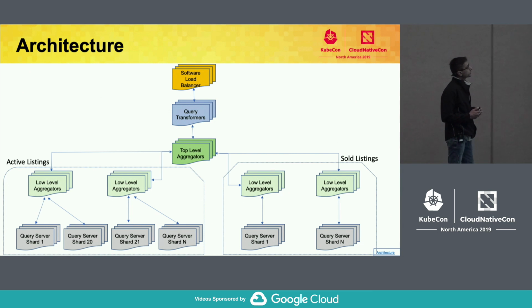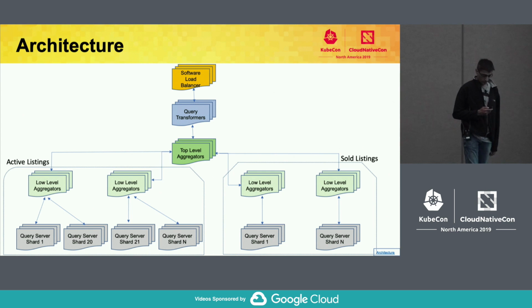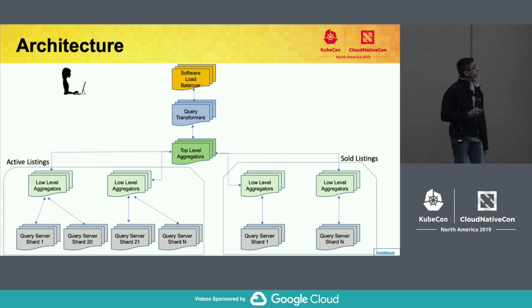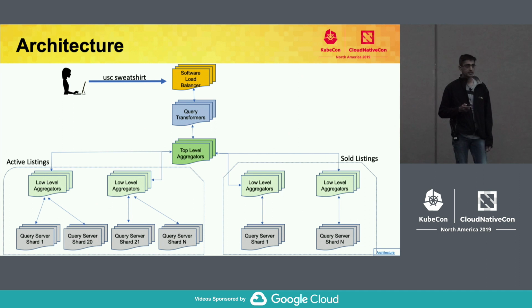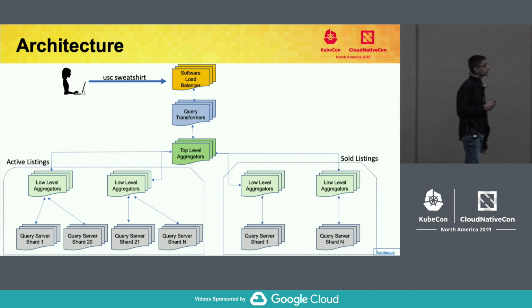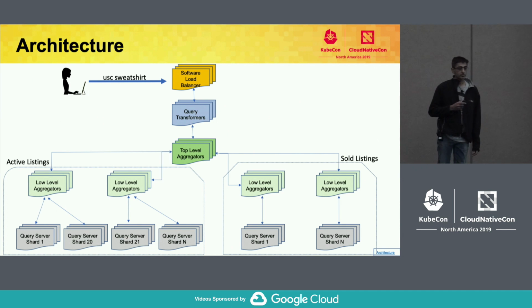So broadly, you can think of eBay's search architecture as divided into 5 layers. When a user comes into ebay.com and types in a query, USC sweatshirt, for example, it goes to our first layer, which is the software load balancer layer. These are custom in-built software load balancers. And as the name suggests, their job is very simple. They find the least loaded node in the downstream layer and forward the query to that particular node, which brings the query to the second layer,